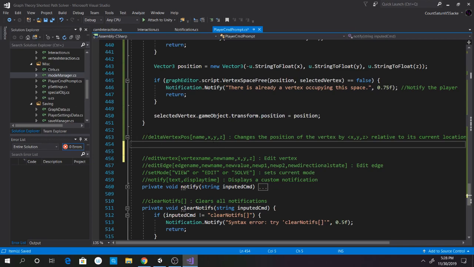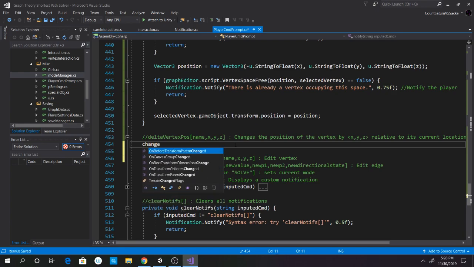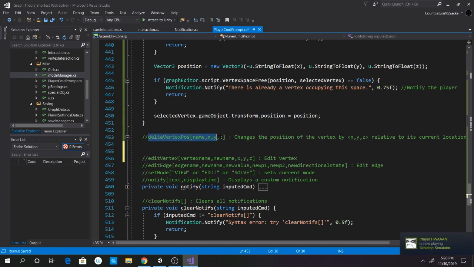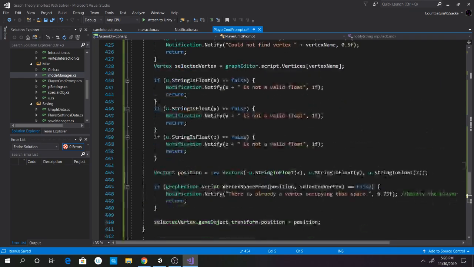If we have a vertex, there's such a thing as the change in a variable. Let's say we have a variable x and we want to say the difference between x sub 1 minus x sub 2, or x sub 2 minus x sub 1, this is actually equal to delta x. That's why I call it delta vertex position, because what I want this function to do is to only change it relative to the current vertex position. So now let's go ahead and